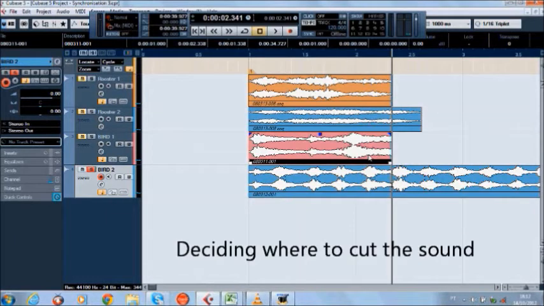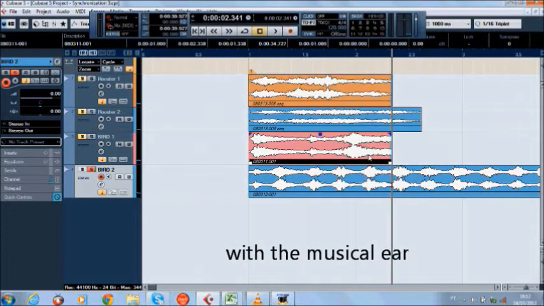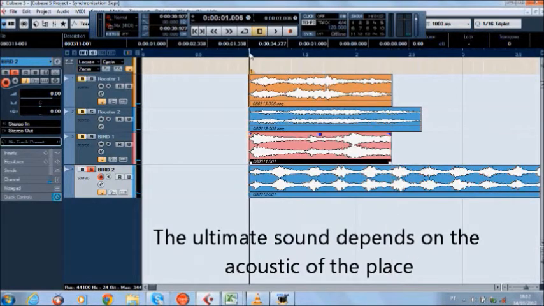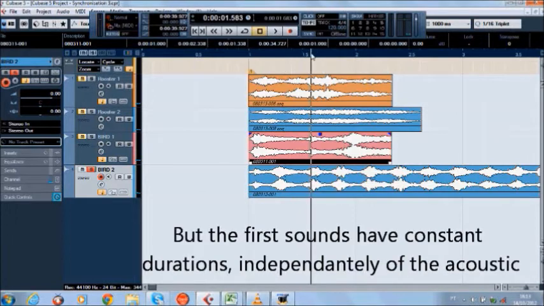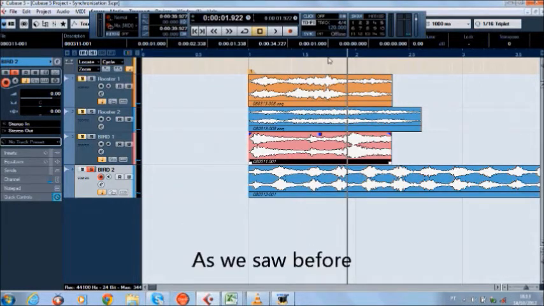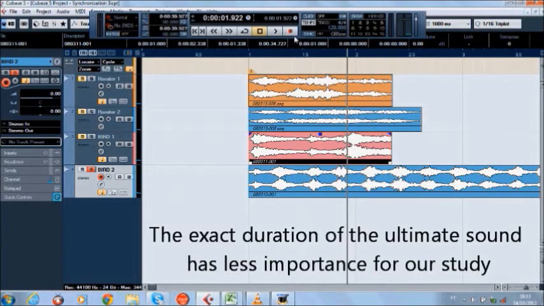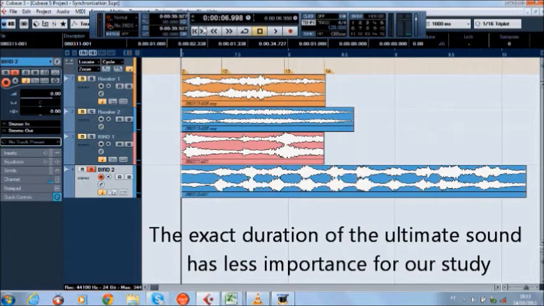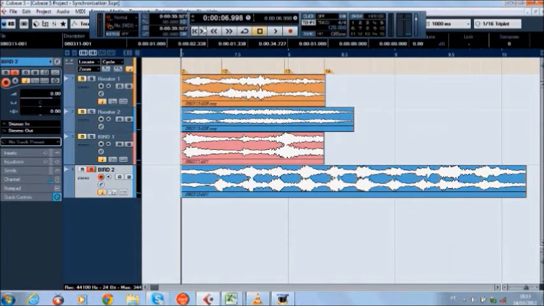First, because my ear tells me that tia tia is not like tia tia or like tia tia. So because of my ear, but also because the ultimate sound is the most difficult to measure. But the time distance between the first sound and the second sound, and the second sound and the third one, we already saw before that they are constant, so the ultimate sound is not that important now. So we're going to see other mathematical visible relations between these sounds.